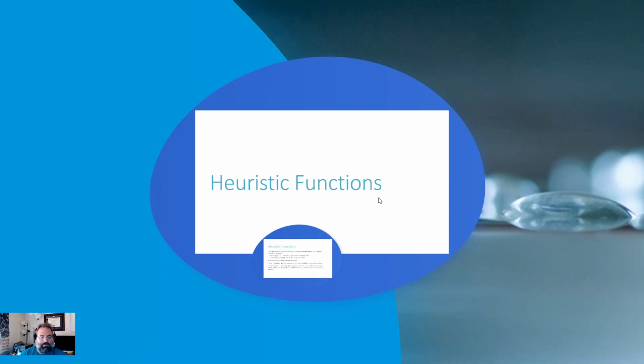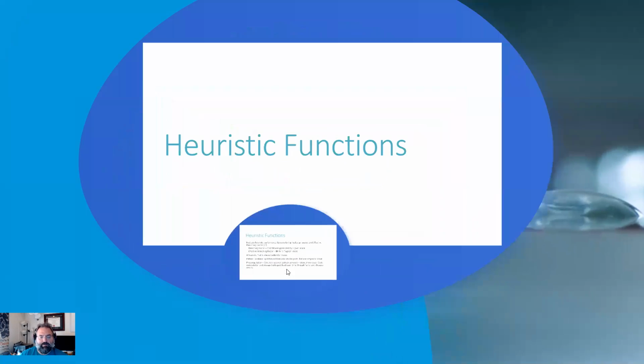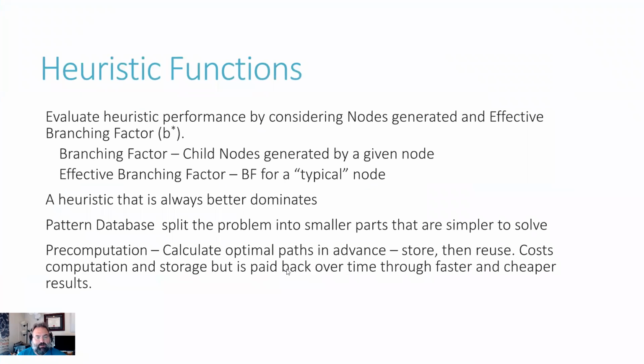When we talk about heuristic functions, this is literally the function that's going to be governing the behavior of this informed, or heuristic-based, search. You figure out some way of minimizing the number of nodes that you have to go to. You may use some sort of pattern database, where you notice that this segment of the tree looks a lot like this other segment of the tree, and so maybe you store the patterns. So whenever you encounter one, you know what to do. To some extent, you could think of that as a form of abstraction.